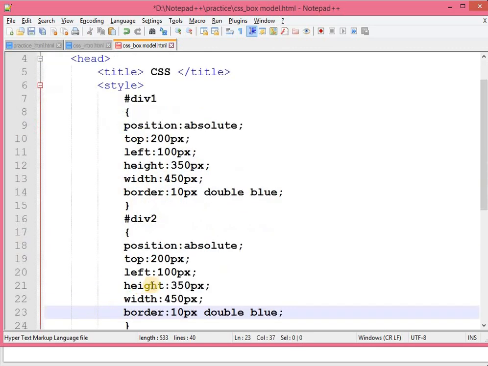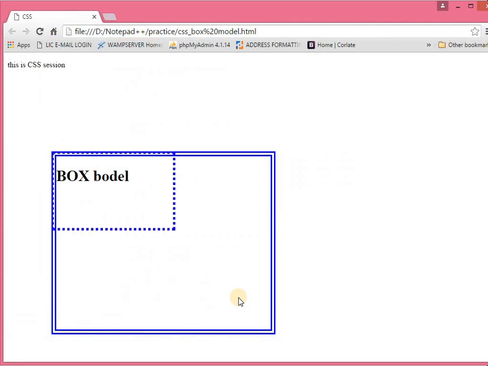Now let me copy this and set it over here, and the position is the same. I am just changing this one to div1 and this one to div2. This is dashed, I don't think so, it will be dotted. 10 pixels, let me make it 5 pixels, save it, refresh it.